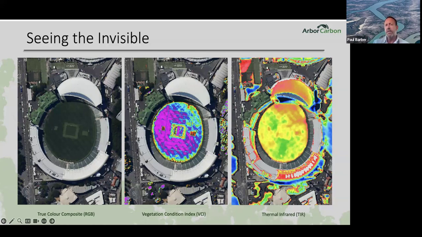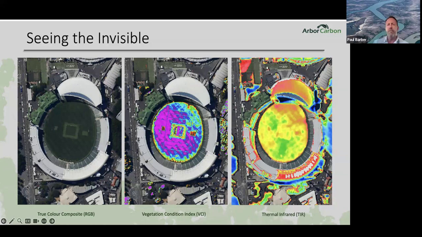So what you're seeing there, you can even see the lines underneath the turf that you can't see in the visible region. These are the lines that obviously have been marked previously, probably with lime, and it's obviously impacting the turf in some way. You can see the wear on the eastern side of the turf and around the perimeter. So it's showing us that there's something going on with the turf. It's not telling us why, but it's telling us there's an issue here.